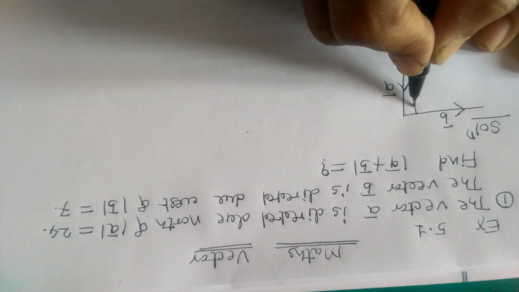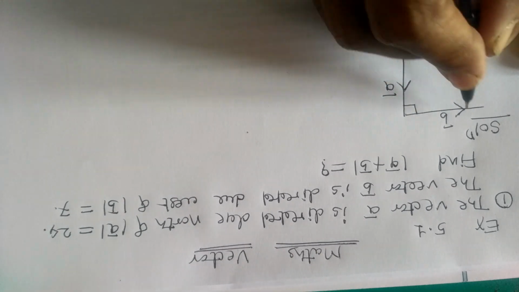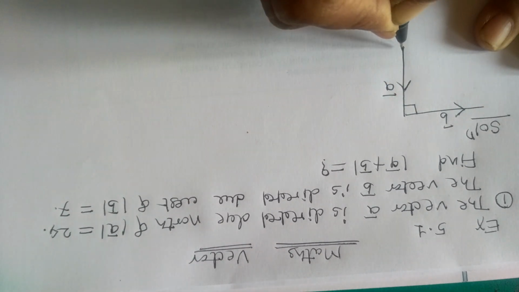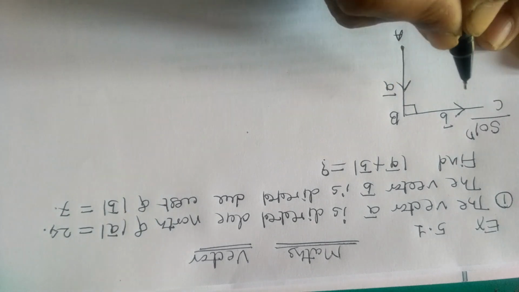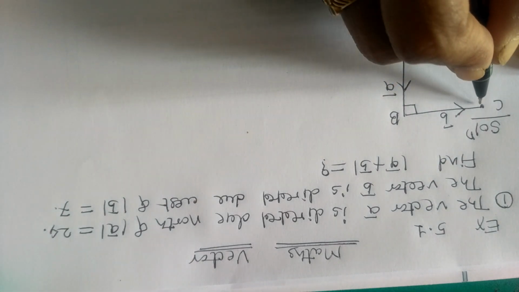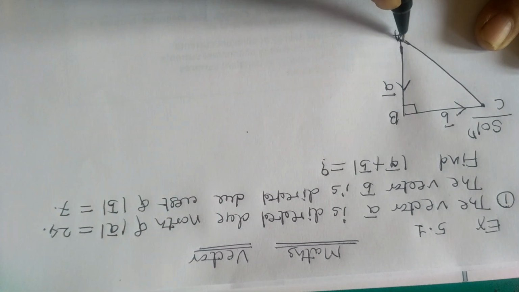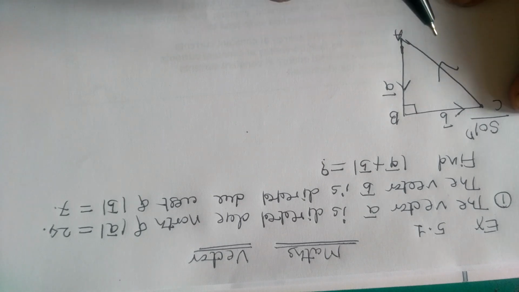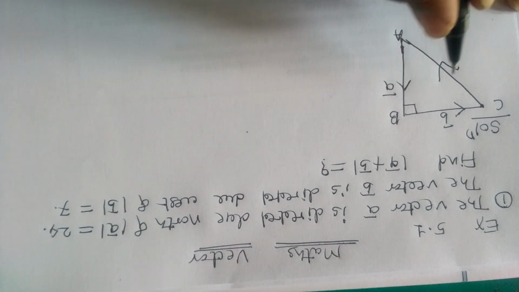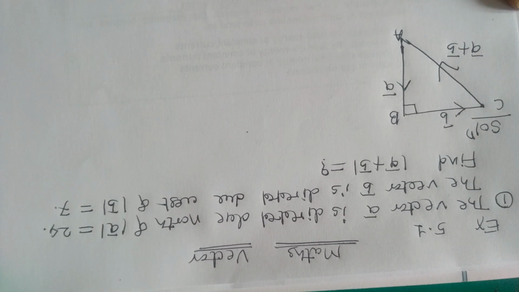Now as these two directions are perpendicular to each other, suppose the vector AB bar is equal to a bar and along BC bar the vector is b bar. Now by the triangle law of addition of vectors, our required vector in the direction of CA bar is a bar plus b bar.